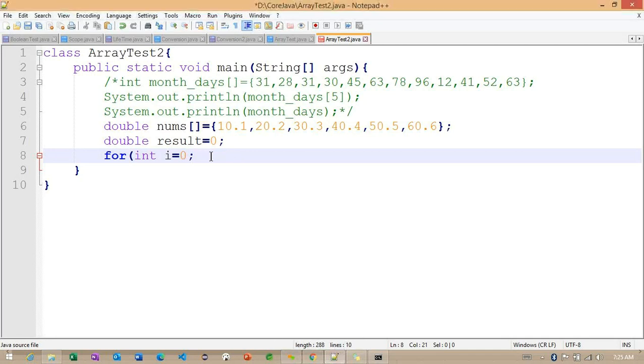Okay, back to here. We are trying to create a loop here. With the help of this loop, we are going to find the final result of all the values here, which is nothing but making some additions. Observe here, we are creating one variable, int i equals 0. The second one, we need to check the condition here. How many times do we need to repeat this loop? If I make i less than, what is the condition here? 4 or 5? What is the condition here? 7. So now 7, but we are having only 6 here.